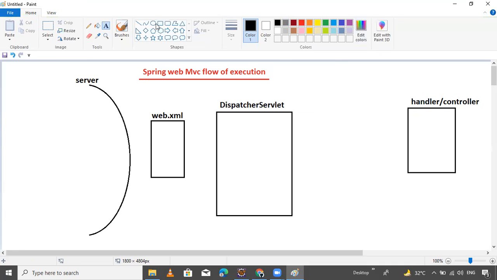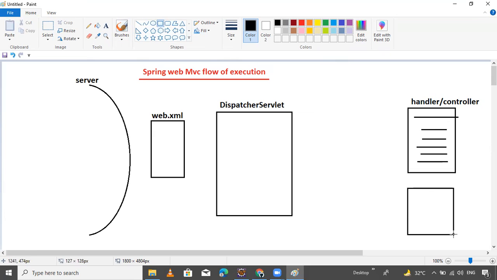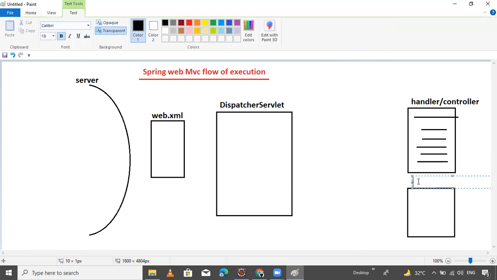That's it, and here the execution happens. Besides this, the view part is also there. This is our view part, guys.